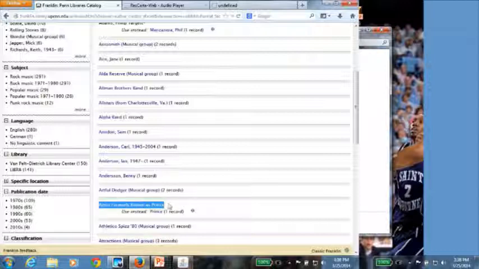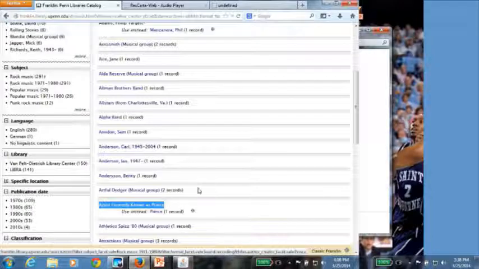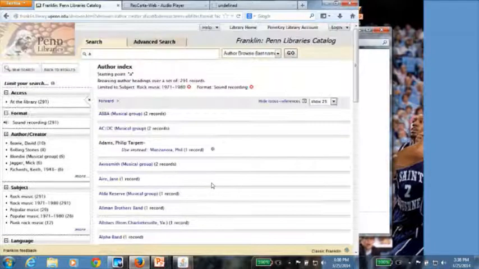So artist formerly known as Prince has a use-instead reference to Prince. And so that's the other component of this, is the cross-references. It leverages the LC authority file and puts their cross-references in line into the heading browse.